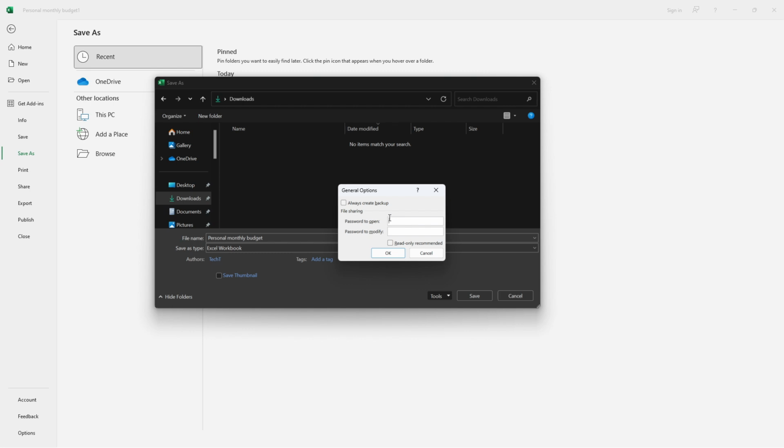Over here, we have two options: password to open and password to modify. When you put in a password to open, every time you try to open the file, it will ask you to type in the password. And every time you would like to modify the file, you would also need to put in a password. But for today's exercise, we're just going to activate the top one,